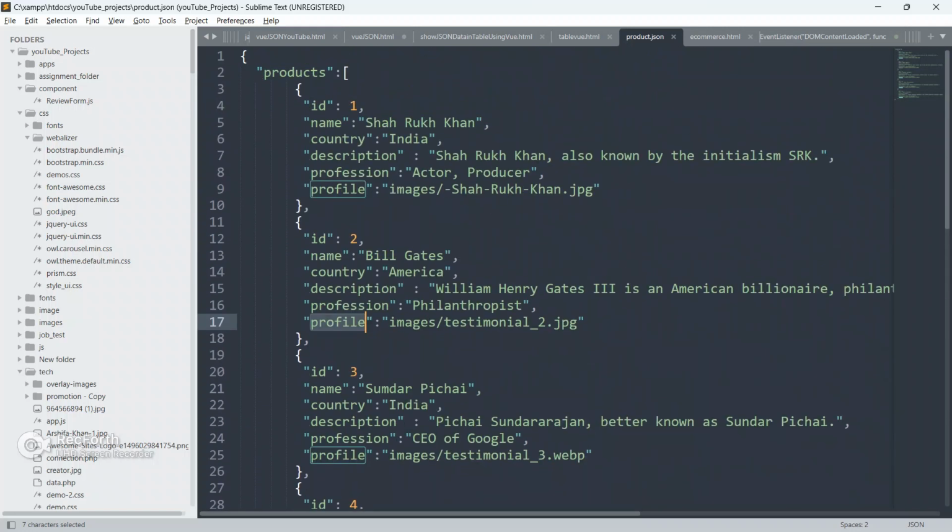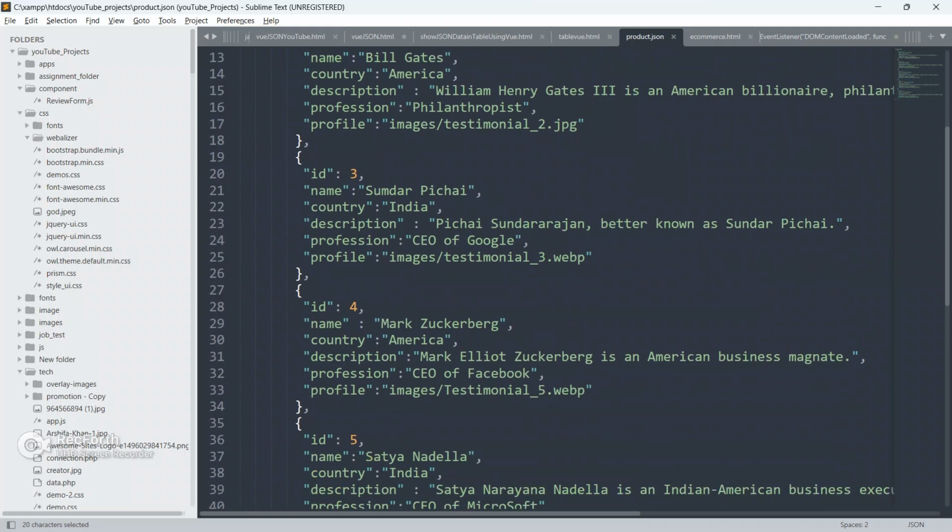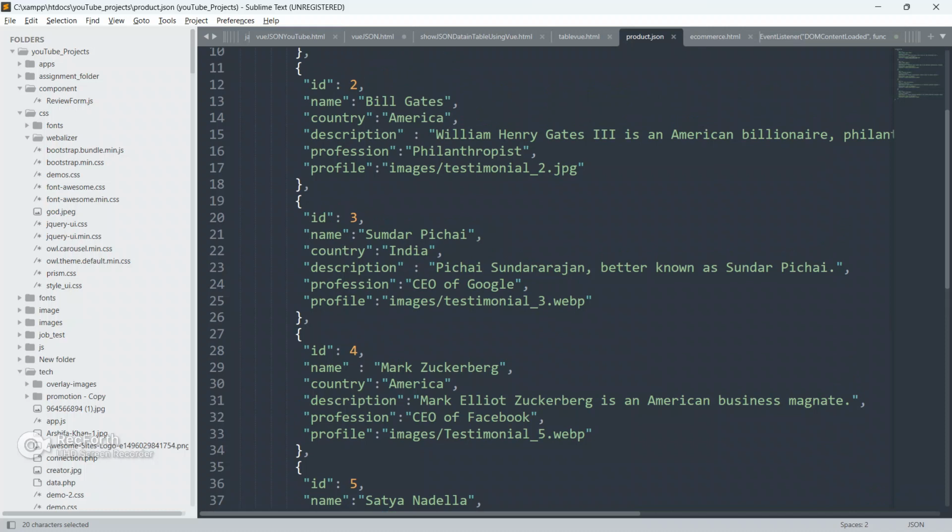Likewise, we can display all the things from this JSON file by using the v-for directive. Suppose we say product.id, it will display 1. Product.name will display Shahrukh Khan, product.country will display India, product.description will display this description, product.profession will display actor, producer, and product.profile will display this image.